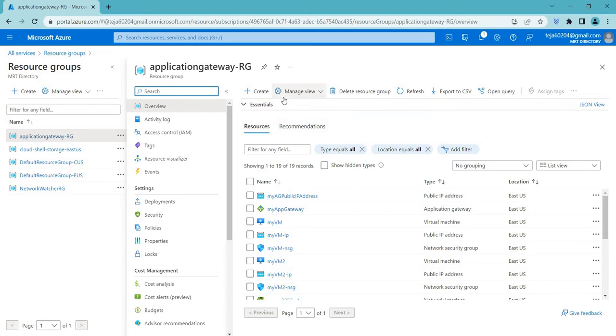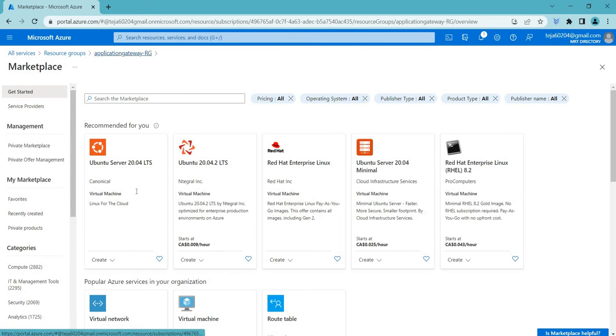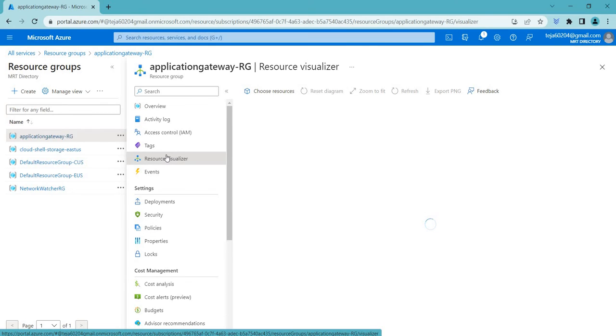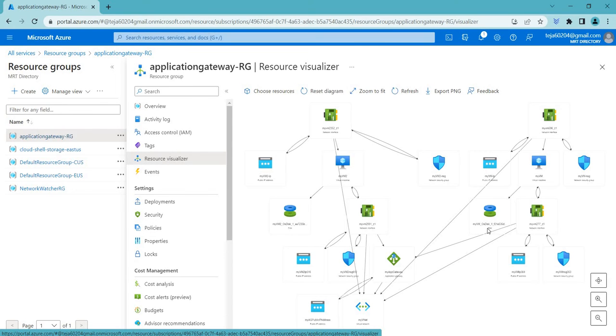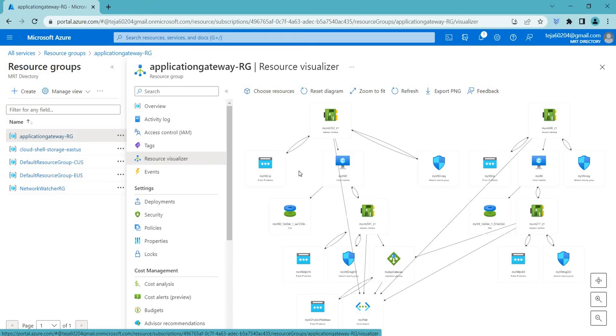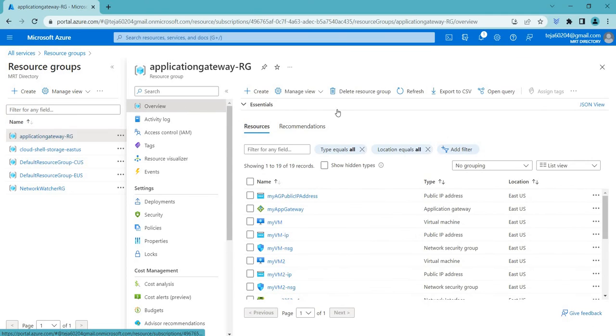So initially let's go ahead and create the virtual network. Before that let me show you what the architecture is. If you click here, this is the architecture that we are going to build. We are going to create a network in which we'll be adding two different virtual machines, which will be connected to our application gateway. We'll be looking into that in the coming labs. So let's click create,